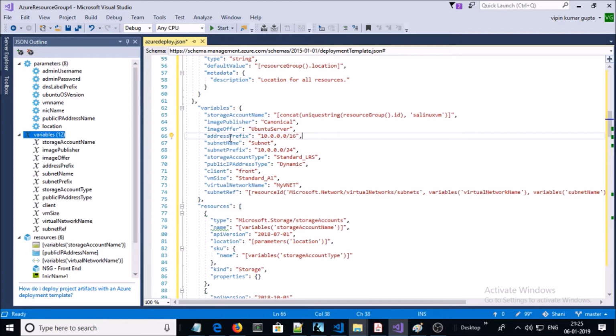Then the address prefix with the 10 series. This CIDR is required while we are creating a virtual network. So let me explain the workflow of the network while we are creating and launching the Linux machine. First of all, we need to create a virtual network with an address prefix or CIDR, and the allowed IP range is